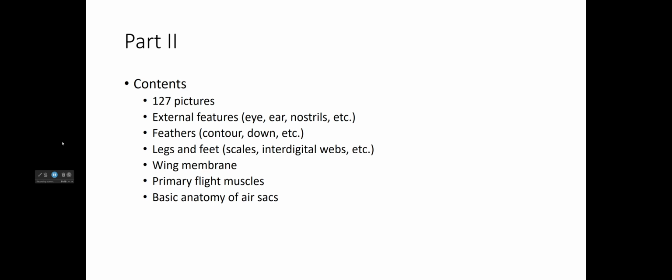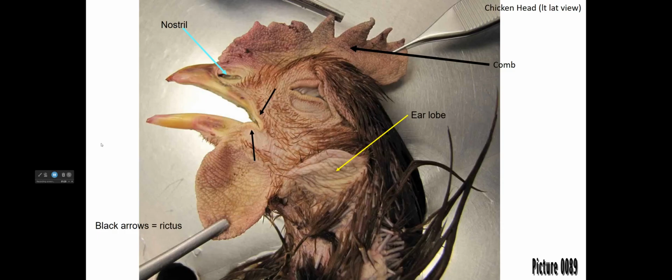Part 2 consists of 127 pictures. The main things that are covered here are the external features of the bird, feathers, legs and feet, the wing membrane and associated vessels, primary flight muscles, and some basic anatomy of air sacs. In picture 89, we see the chicken head from a lateral view, a cadaver. So we see the comb, nostril, earlobe. The rictus is basically the angle of the mouth, if you will. And then down here, of course, is being reflected by the large set of forceps is going to be the